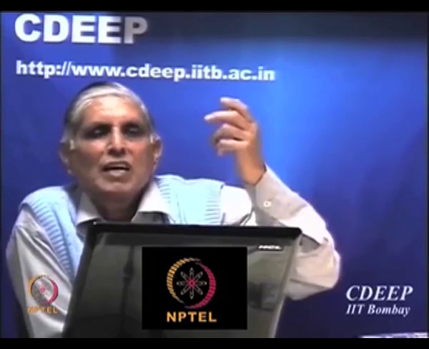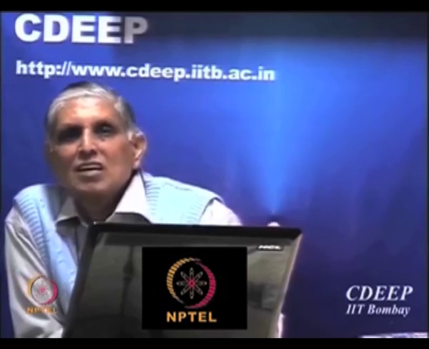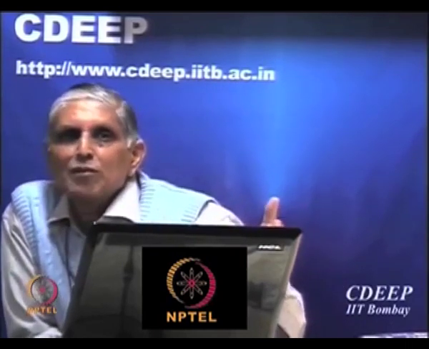This has happened because the dimensions of the transistor started shrinking from say 100 micron down to say nowadays 28 nanometers. So obviously if your dimension reduces, the number of transistors on the same area will increase. It's not only that; the chip size itself has increased. Initially I had a chip which I made in the 70s, which was 1.5 mm by 1.5 mm. Today one can have 1.5 centimeters to 2 centimeters a side.